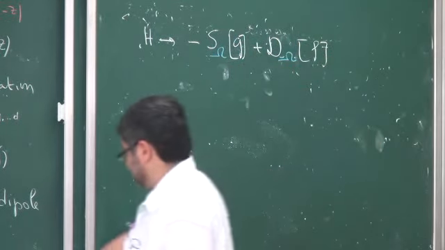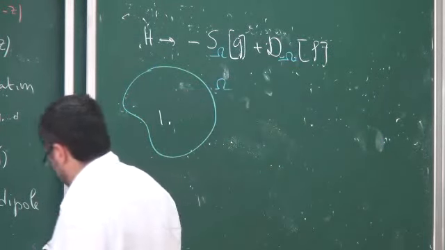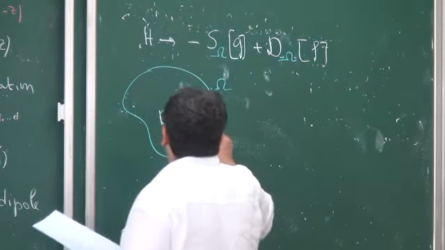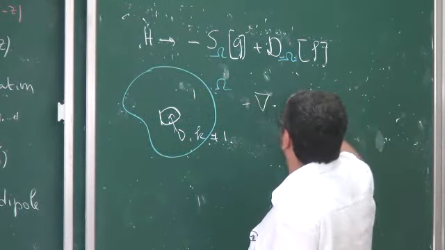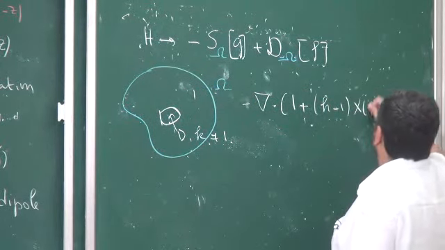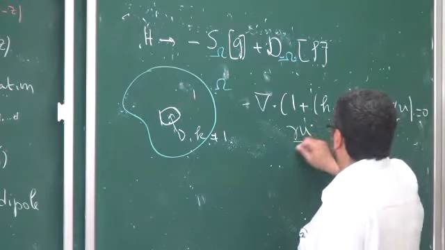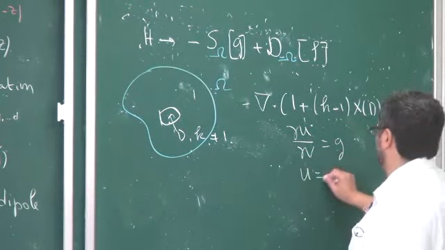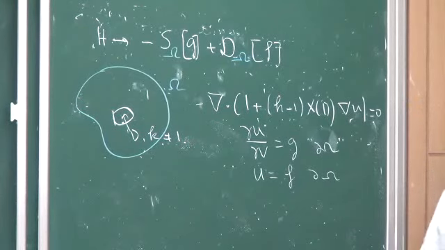So what's gamma? Gamma is the boundary of the bounded domain, with background conductivity 1. This is gamma. This is the target D, with conductivity k different from 1. We are interested in the conductivity problem: divergence of (1 plus (k minus 1) times the characteristic function of D) gradient u equals 0, and normal derivative equal to G. This is the injected current, and we measure the potential, or we fix the potential and measure the induced current.